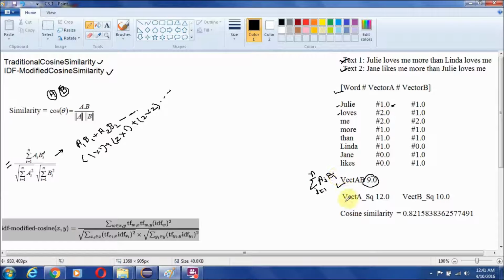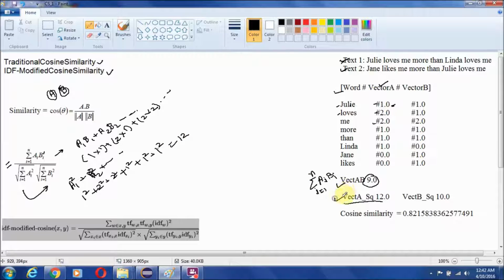Similarly, we can calculate for vector A: A1 square plus A2 square plus, and so on. This will be equivalent to, for vector A, 1 square plus 2 square plus 2 square, like that, and then plus 1 square plus 1 square plus 1 square, and it will be equivalent to 12.